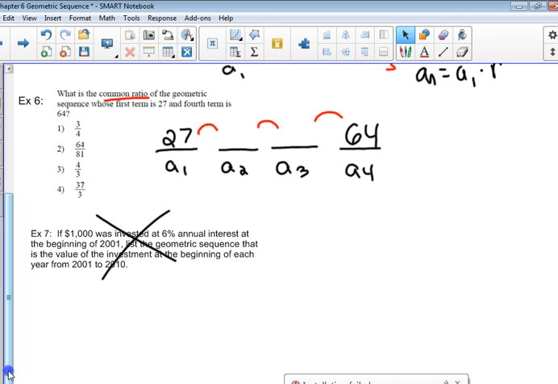Alright, what ways are you guys kind of thinking? Anybody doing guess and check? Yeah, you're doing guess and check? Right. Now, one thing that you guys could do to get rid of some of these kind of quick, if